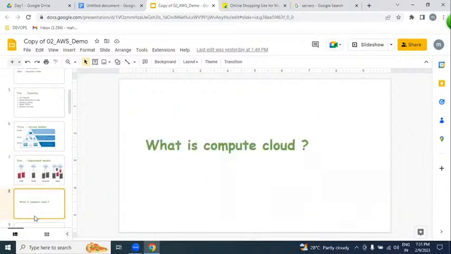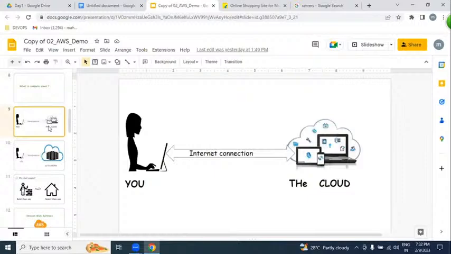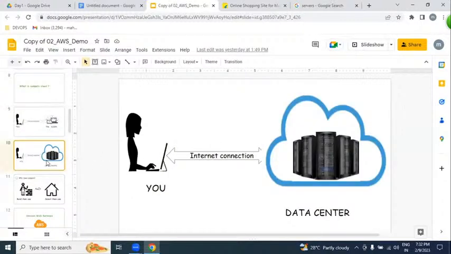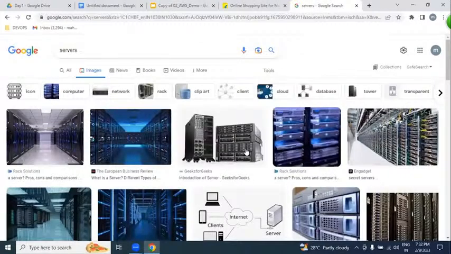But what is a cloud? What is a compute cloud? I said it very clearly, as we discussed. If you can access remotely placed resources over the internet from a laptop, that is nothing but cloud computing. In the data center, we have huge computing power.